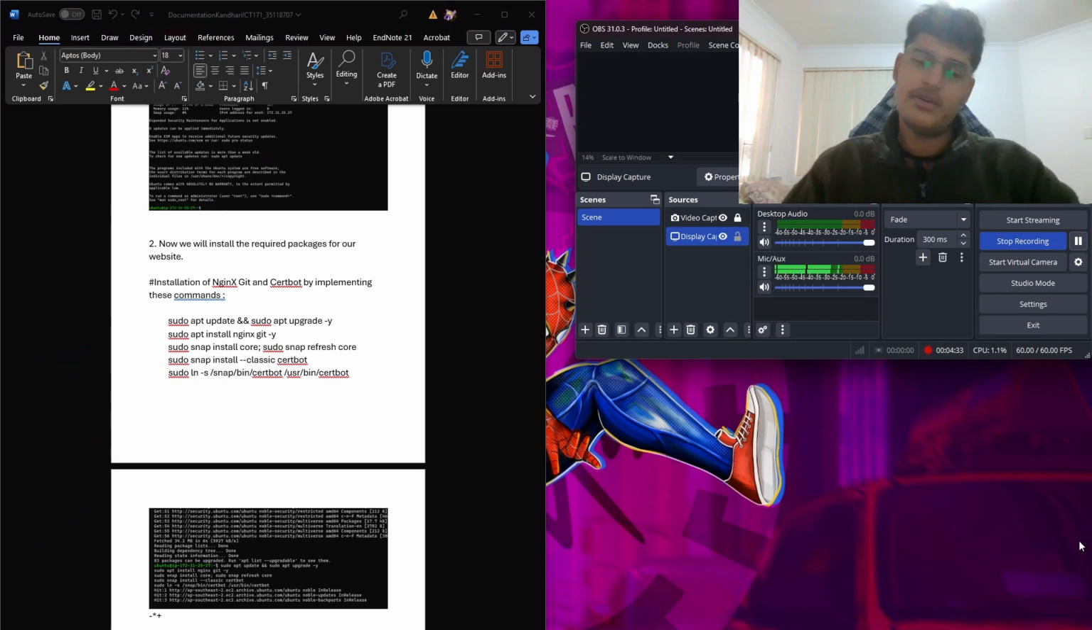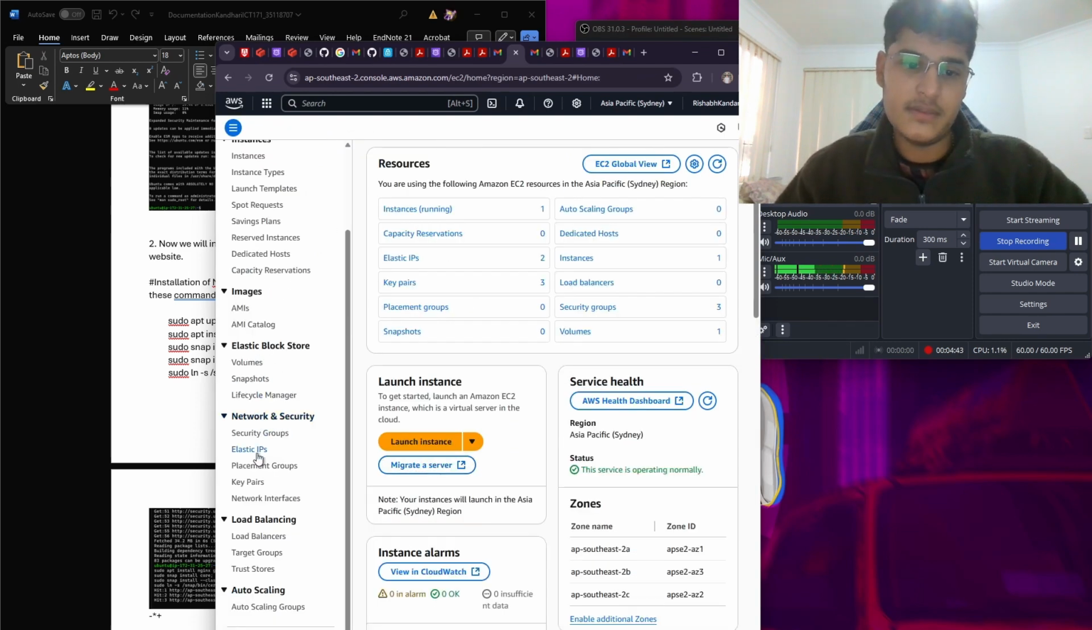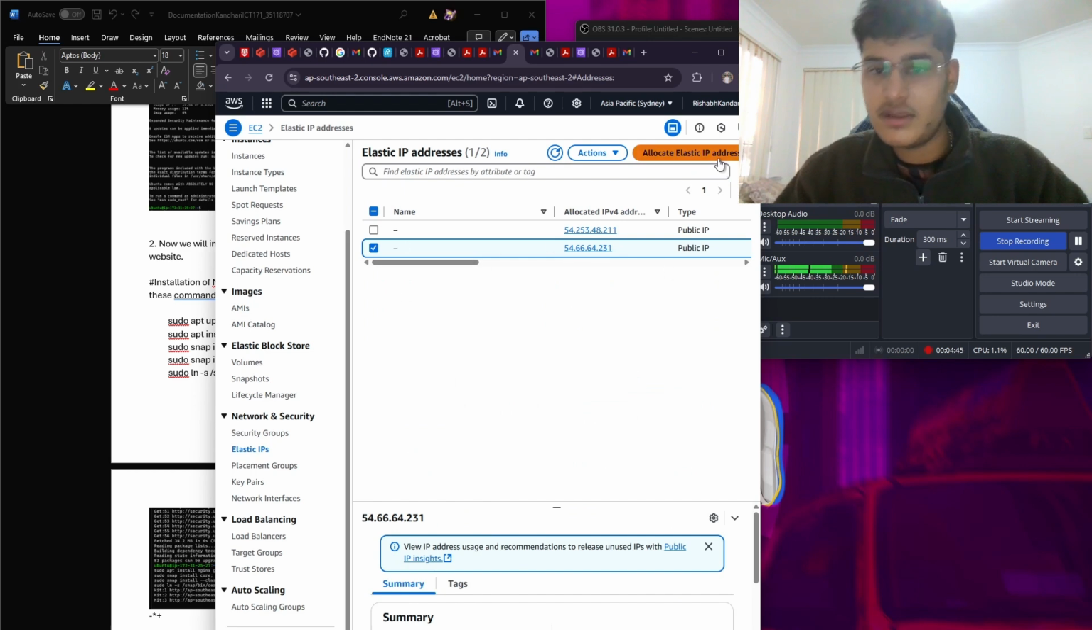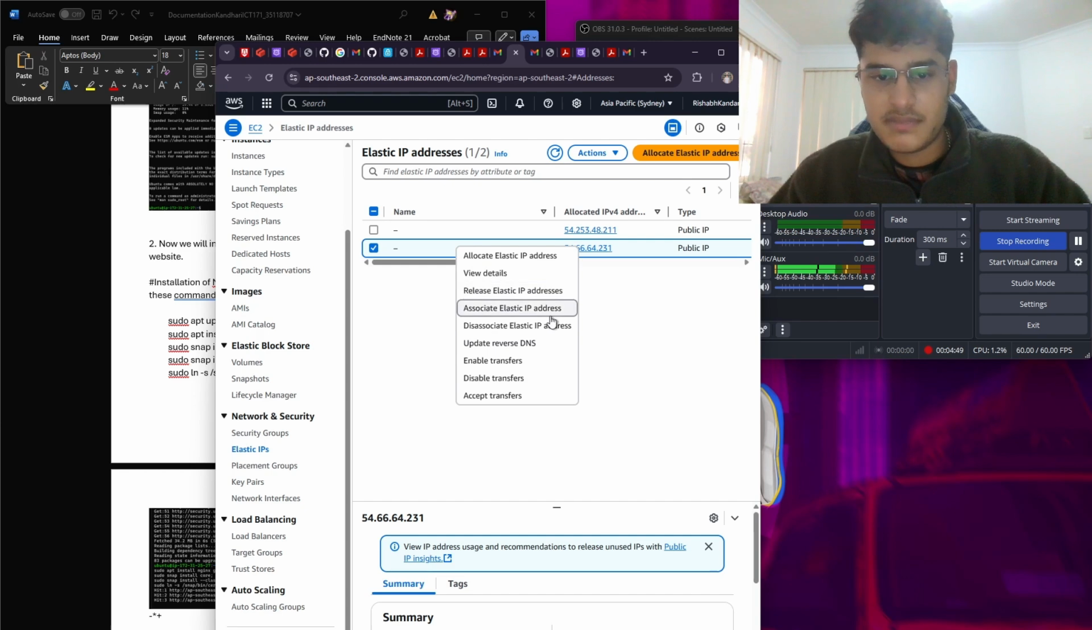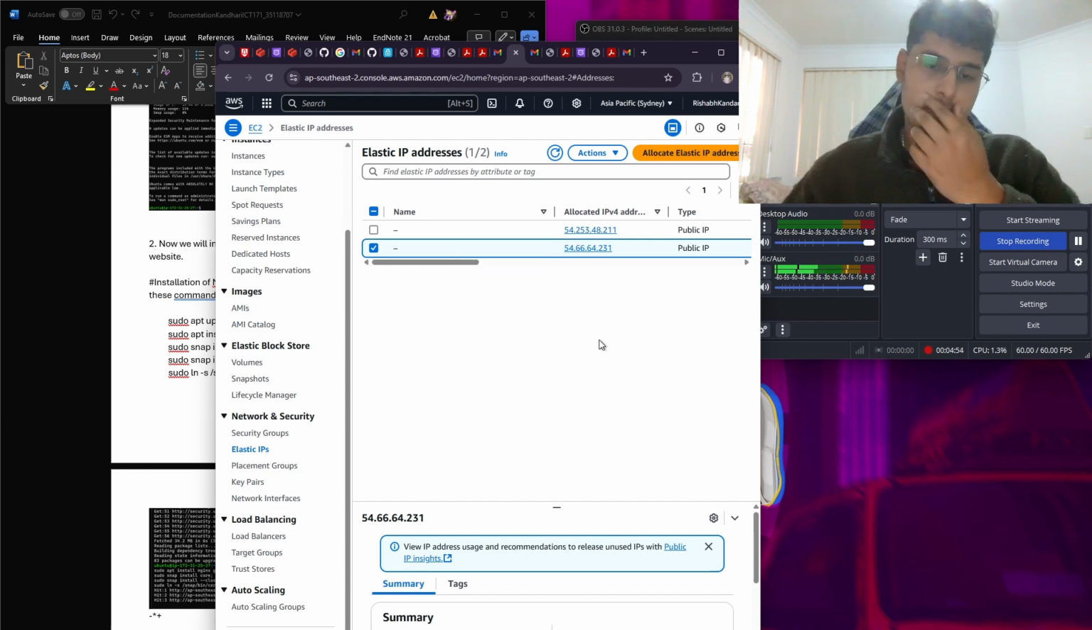Yeah, after you get your PEM key, make sure that you don't forget to allocate an IP address, an elastic IP address. Then you can simply click here and associate your elastic IP address with it, just link your IP address. So yeah,